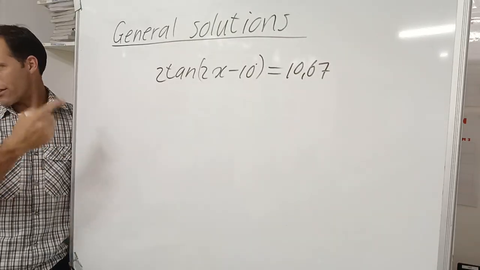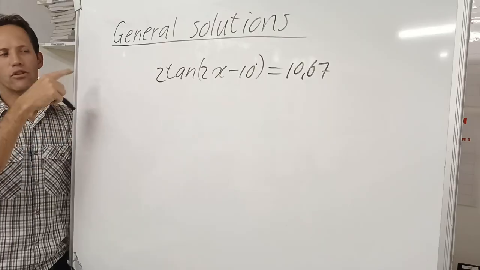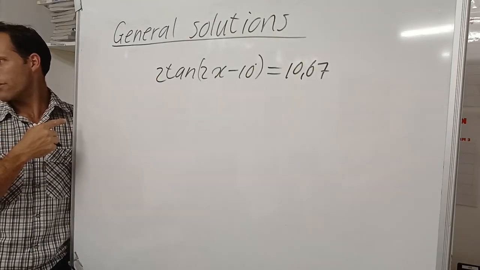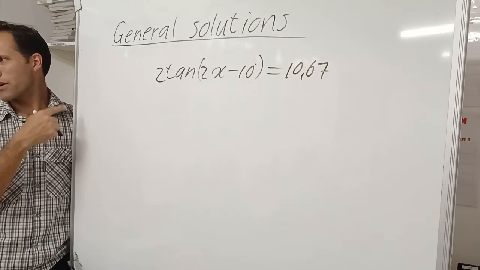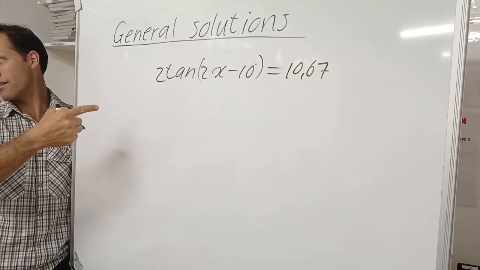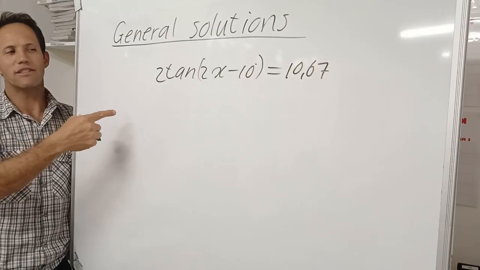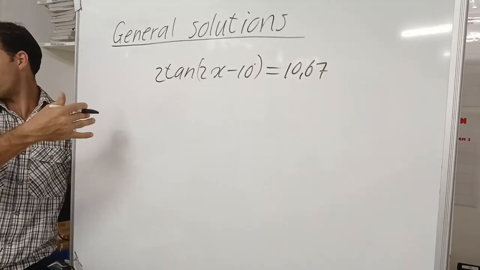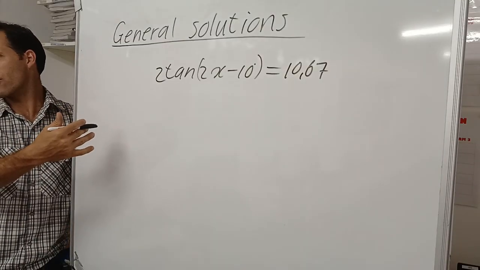For sine and cos you add 360, because the period of the sine and the cos graph is 360, but what's the period for the tan graph? We can remember, how long does it take for the tan graph to repeat itself? 180. So that means for tan, we don't say plus 360 times n, we say plus 180 times n, because it only takes 180 to repeat the tan graph.